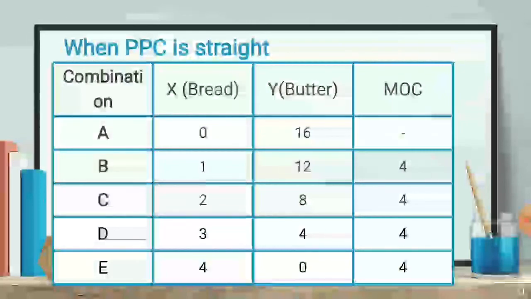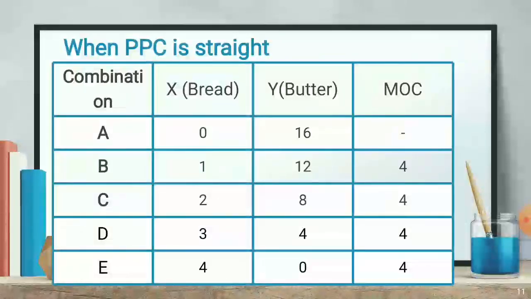The butter, again, is being sacrificed for the production of X, as per the assumption that whenever we produce two commodities together, for one additional unit of one commodity we will have to sacrifice some units of the other commodity. So here the sacrificing rate, if you look very minutely, you will find is constant. 16 was there.